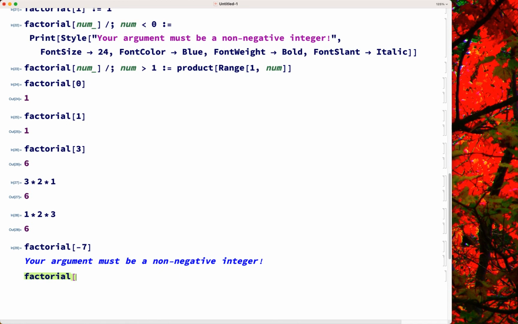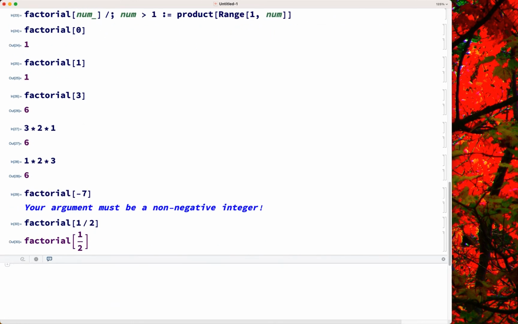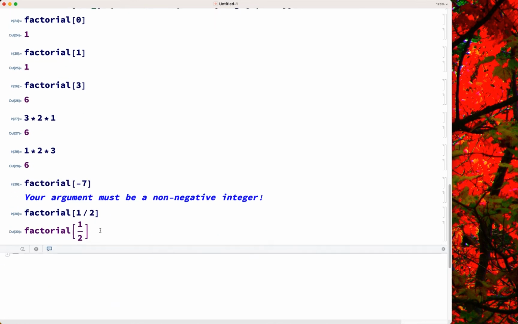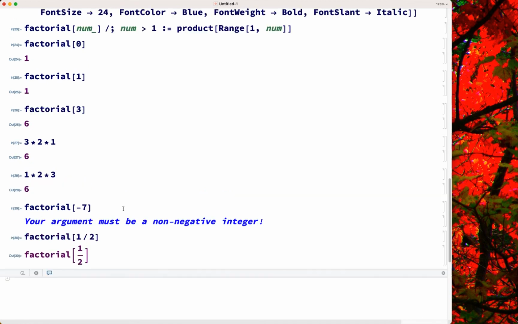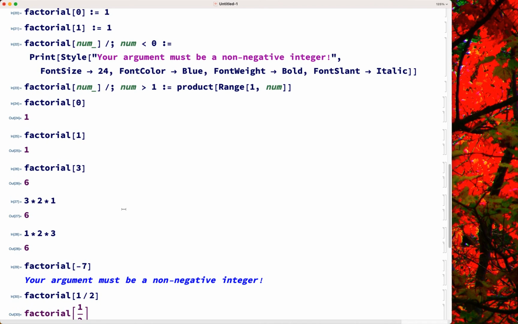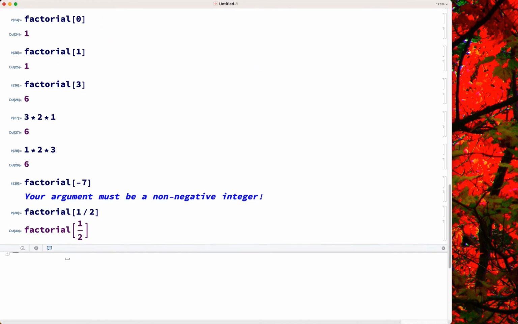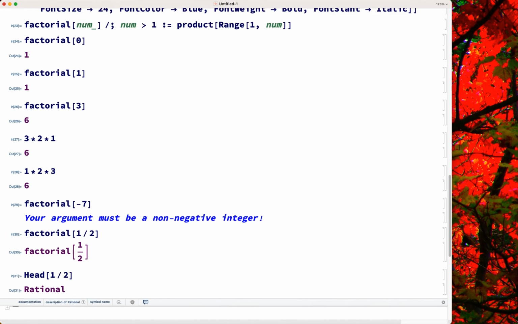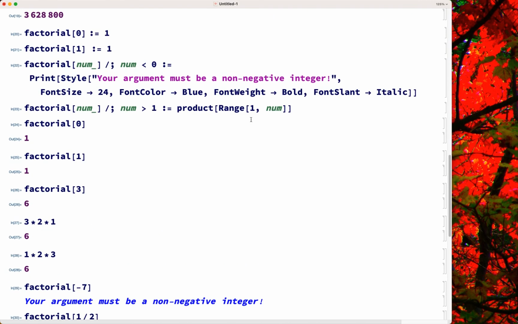Factorial, well, 1/2 isn't going to work, right? 1/2 isn't going to work. So Mathematica returns the expression unevaluated. So we could actually add another clause. How about head of 1/2? It's rational. So what we could do,